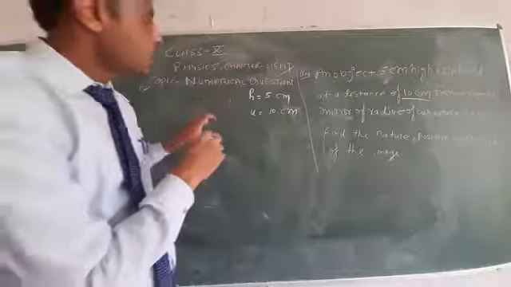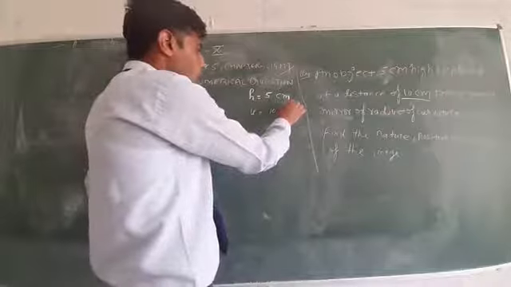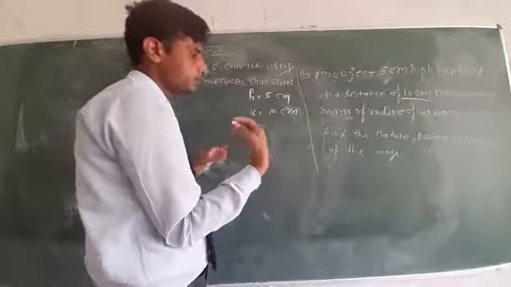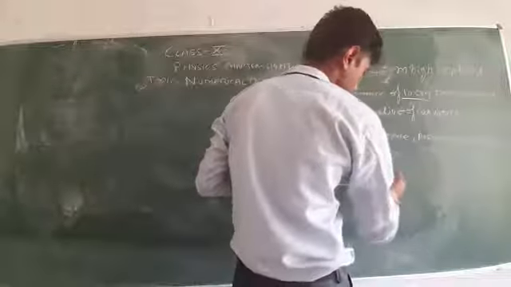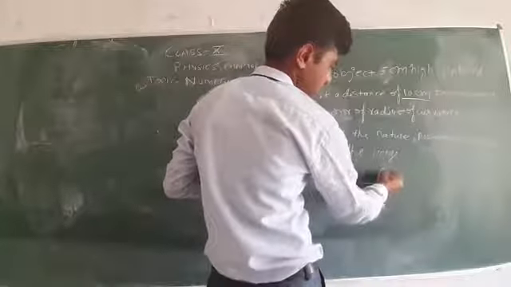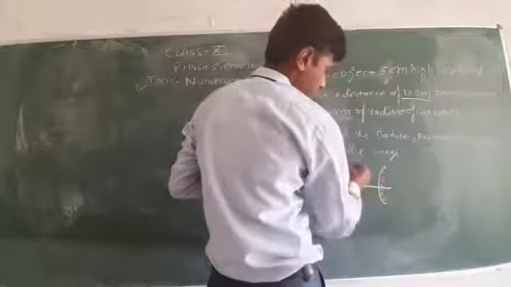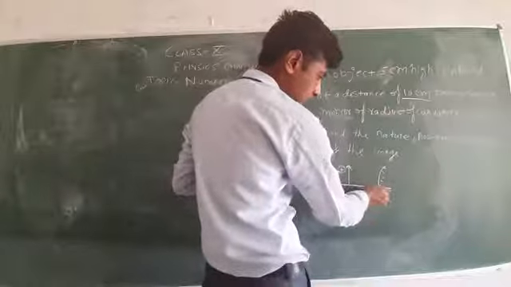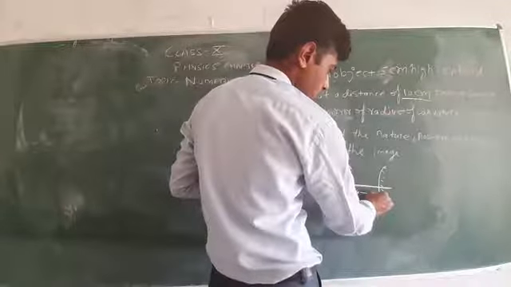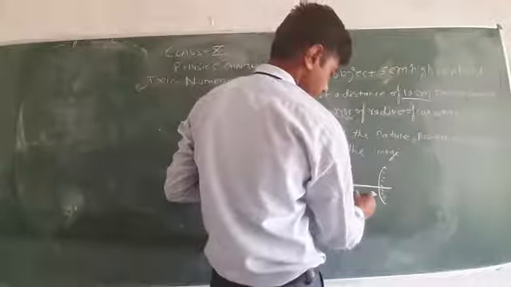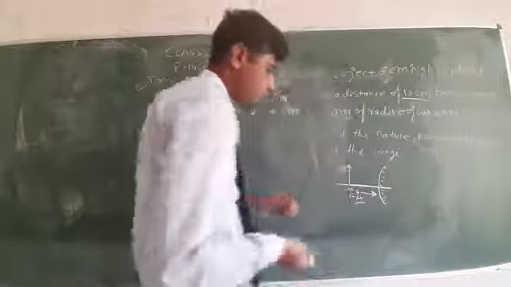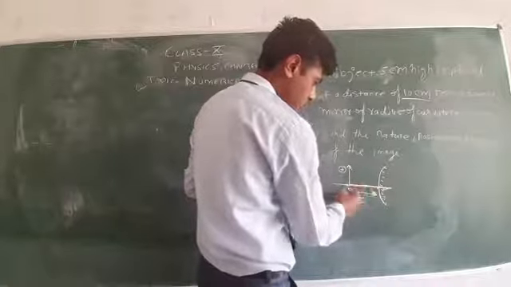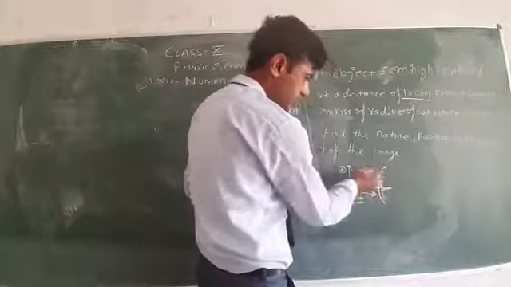As you know, the object is placed in front of the mirror, it means you can see by diagram. This is a convex mirror. Object is in erect position, so that's why it is positive. But the distance, this u, is negative, because we have to measure distance from the pole against the direction of light.